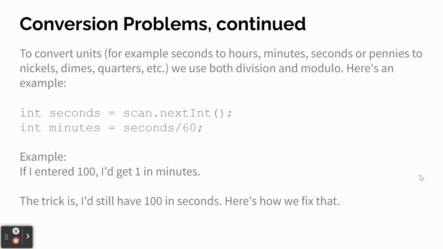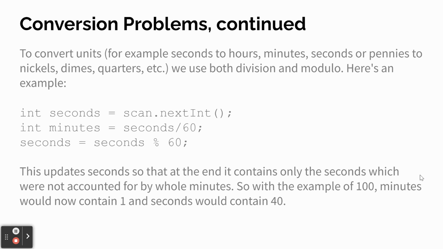The trick is I'd still have 100 in seconds. So how do we get rid of that? Well, we just say seconds equals seconds modulo 60. And that takes all the whole 60s out of seconds, whether it was 100 or 600,000. Anytime 60 divides evenly into it, we know we already got that. That's in the minutes variable. That's how you get rid of all the whole minutes from this calculation. So now seconds would contain 40, right? 100 mod 60 is 40. And then